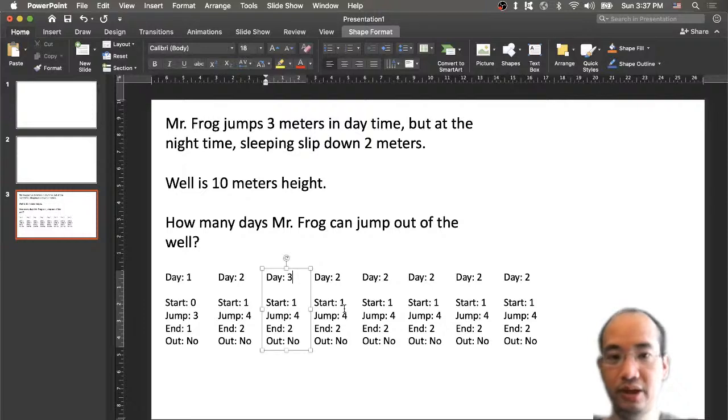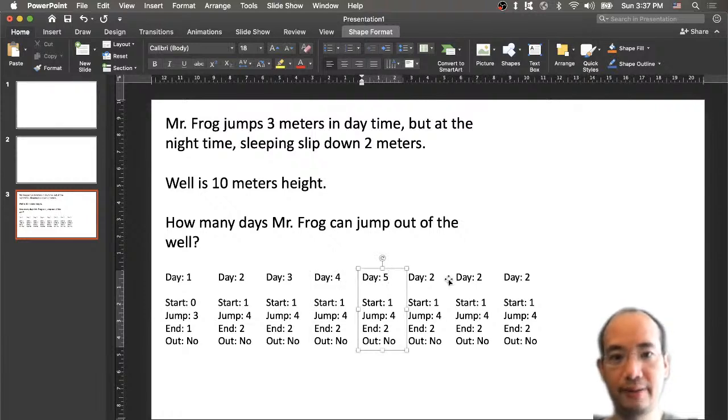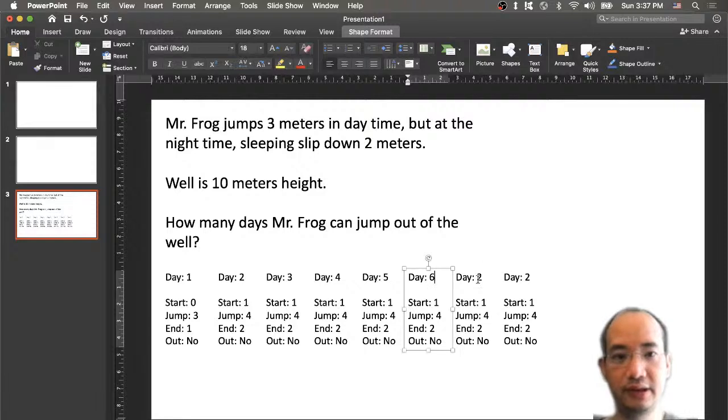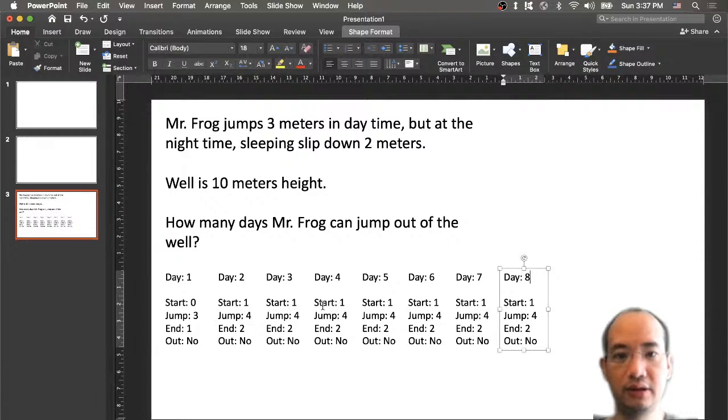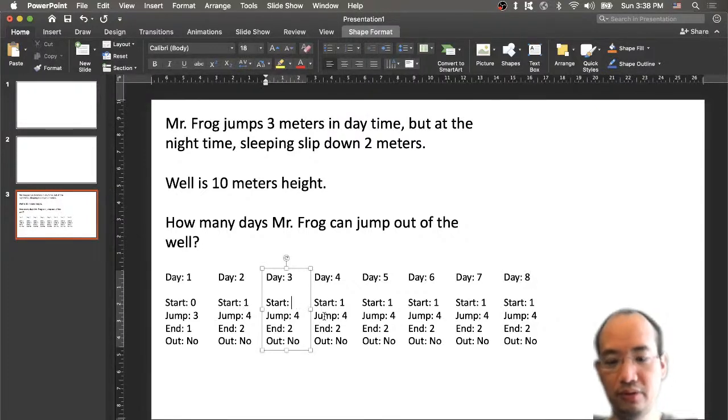So now it's 3. Now this one is 4, 5, 6, 7, 8. All right. So if you start from here is 4. Now day 3 is start from 2, and now it jumps 2 plus 3 is 5, and now by the end it would be 3, and again is 3,